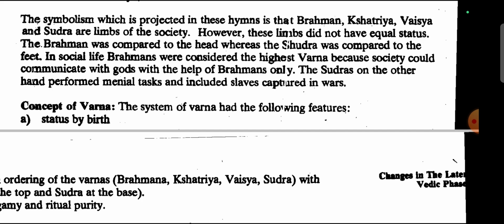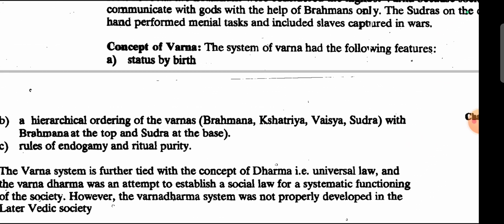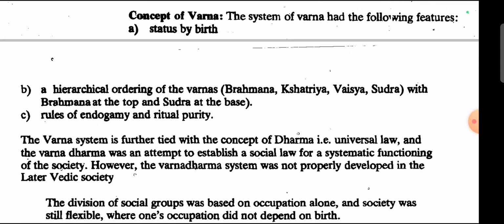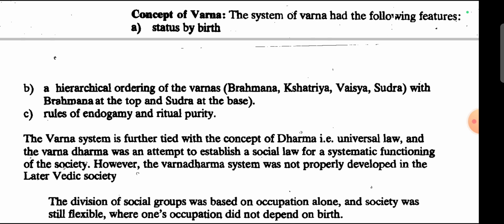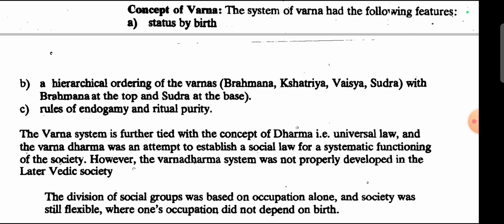In social life, Brahmins were considered the highest Varna because society could communicate with gods only with the help of Brahmins. The Shudras, on the other hand, performed menial tasks and included slaves captured in wars. The concept of Varna. The system of Varna had the following features: status by birth, a hierarchical ordering of the Varnas, Brahmana, Kshatriya, Vaishya, Shudra, with Brahmanas at the top and Shudras at the base,